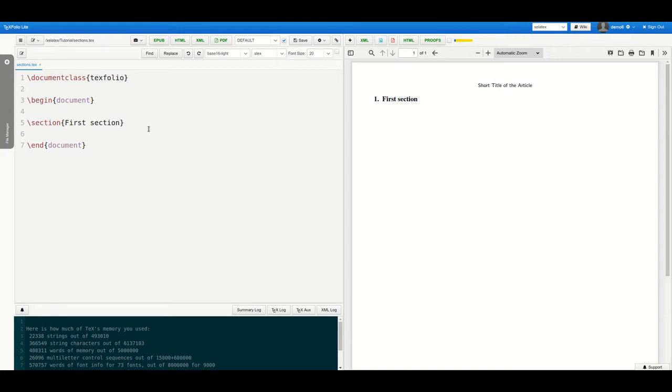Before moving further, we can check one more section here. \section, second section. Click on the PDF button again. Now you can clearly see the automatic numbering of sections.